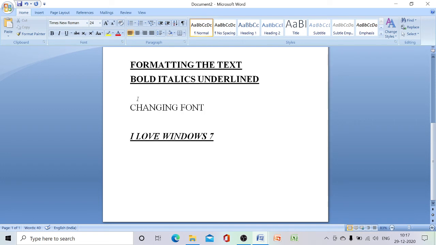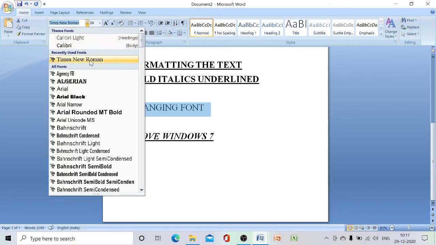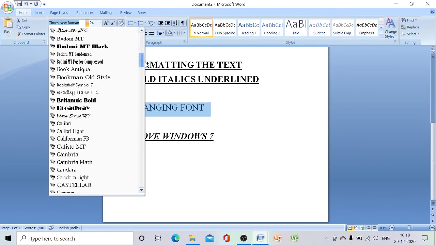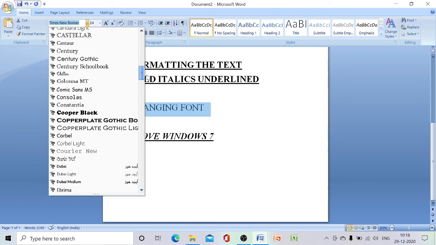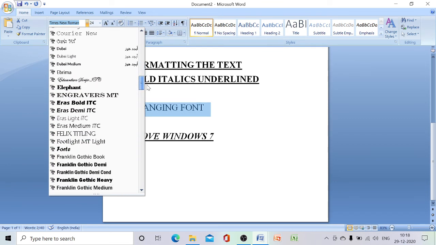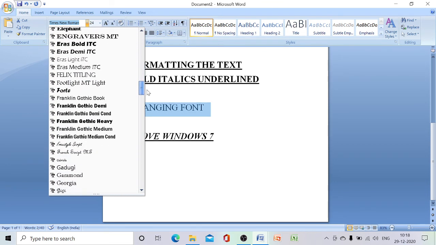Okay, so how can we change the font is, first we have to select the text. Same thing, we have to click on this home tab. Here you can see one option. We have to click on this drop down. Here you can see different kinds of handwriting or fonts.